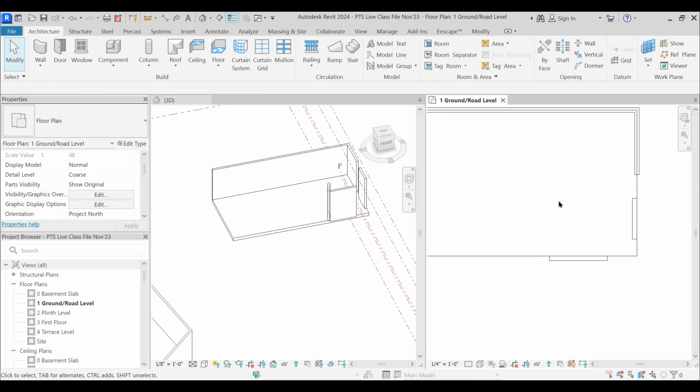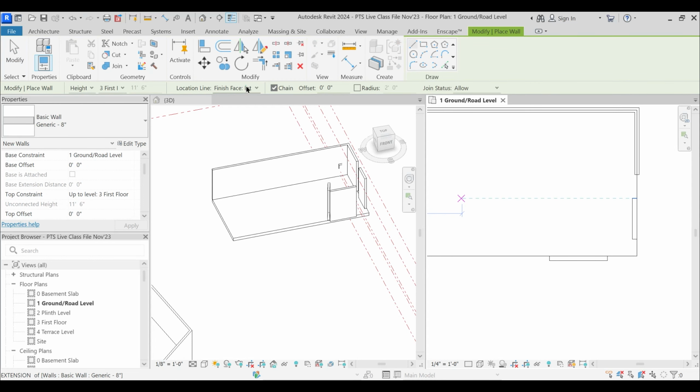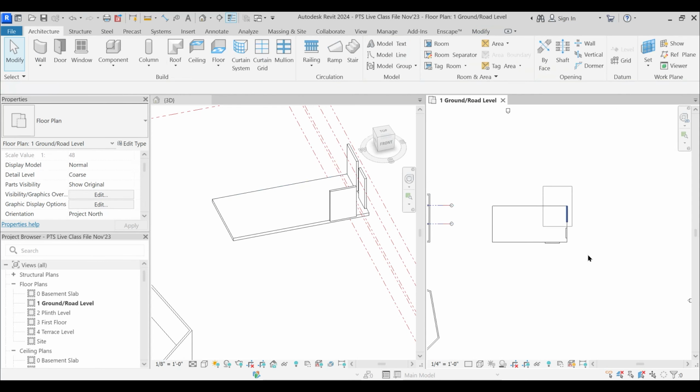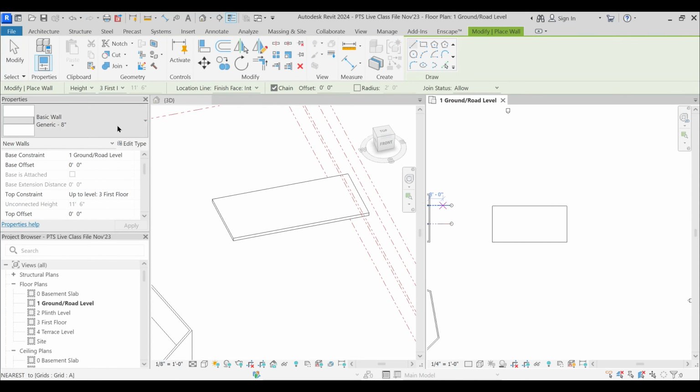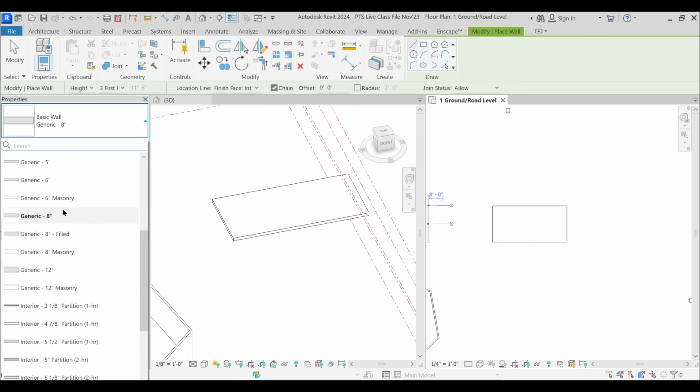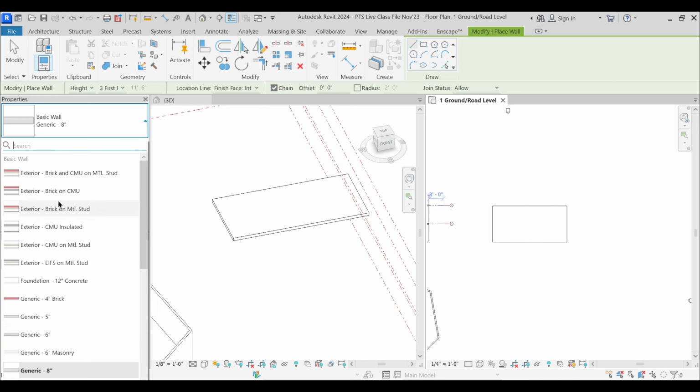Okay. But WA, what is this core center line, core face exterior, and core face interior? Okay. But to understand that function, you need to understand the assembly that comes with Revit. The wall assembly that comes with Revit. If I just press WA, then as I said earlier, we have lots and lots of walls that have been already built by Revit, of which I will select this brick and CMU on metal stud. Okay. This is just a name given by them.